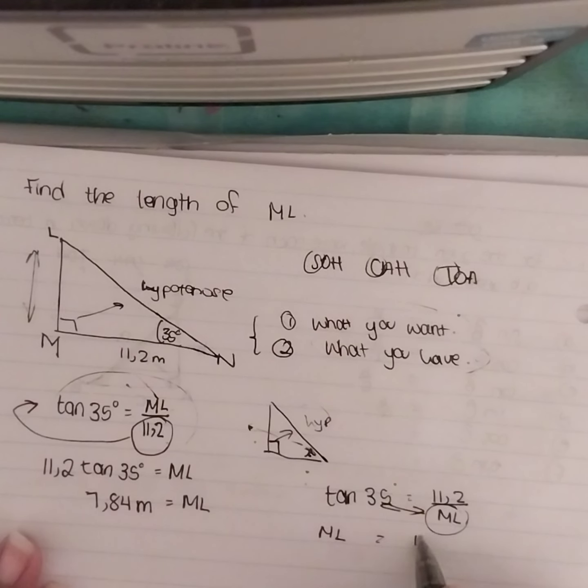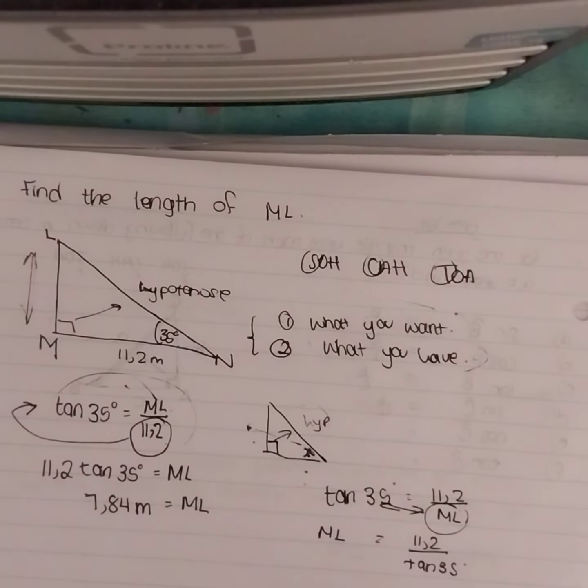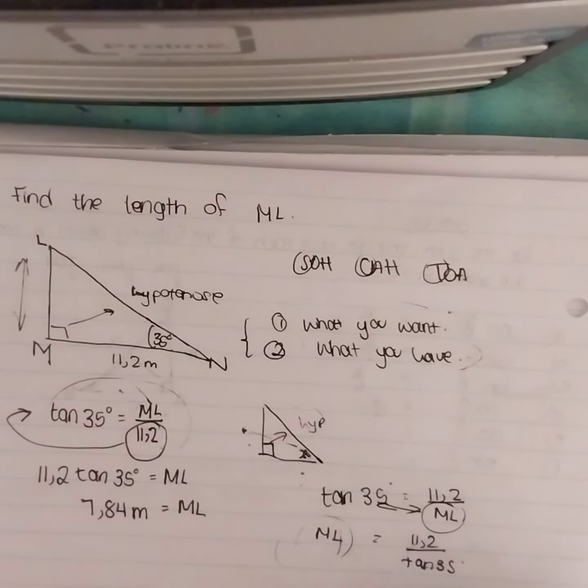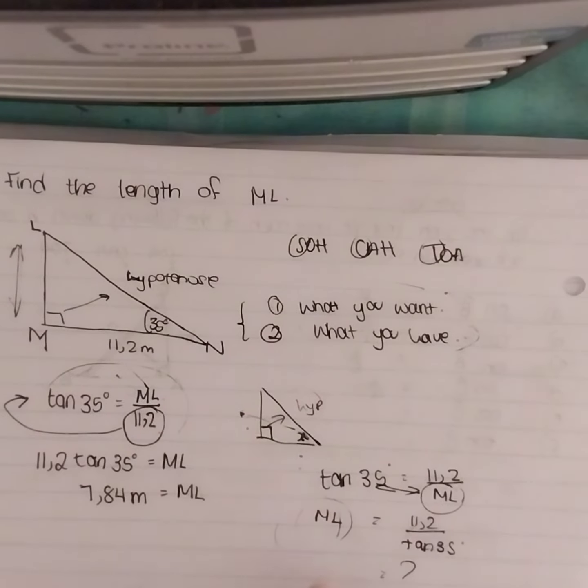Is equal to 11.2 over tan 35. That's what you do. If you're trying to find, for example, ML, and let's say ML is at the denominator, what you do is swap the two, and this becomes your subject over here, and your tan 35 is your denominator, and then you solve it. I just left it there because I'm not going to calculate it. Okay, that's what basically